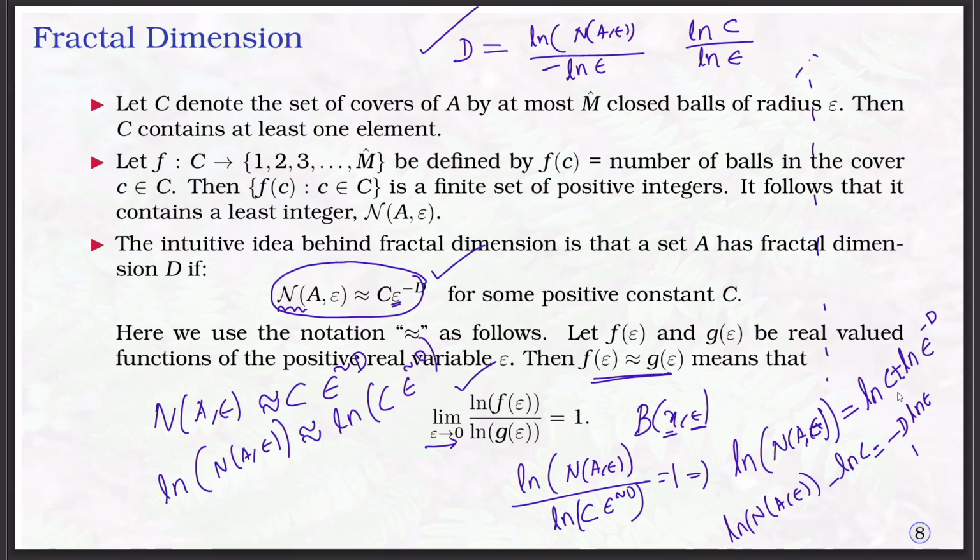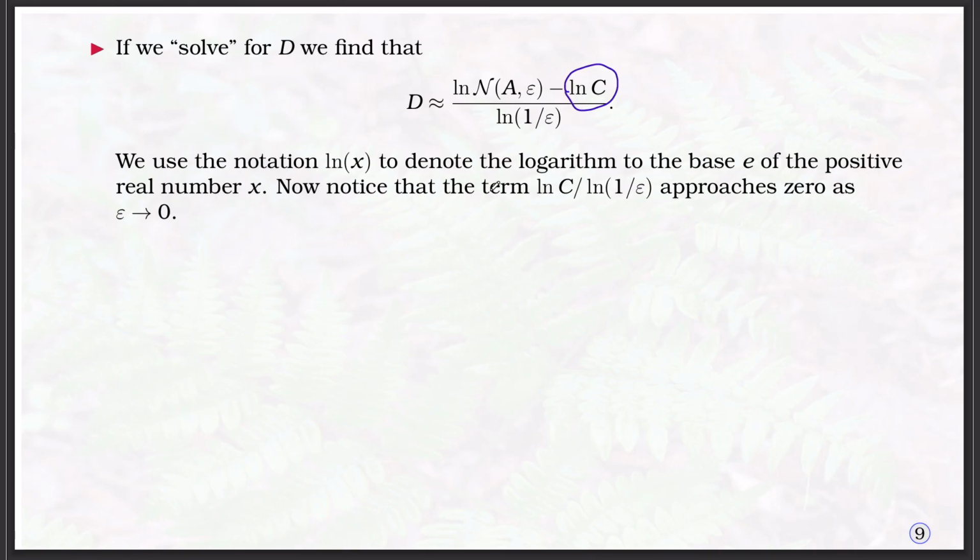It is taking the ln c, while here continuing it is a minus. Yes, fine. Now if this ln c is a constant number, whenever this term epsilon tends to 0, limit epsilon tends to 0, this becomes 0, because 1 by epsilon is increasing. So this one will go to 0, so one can get this term as 0. Finally one can get the formula, this one d equals